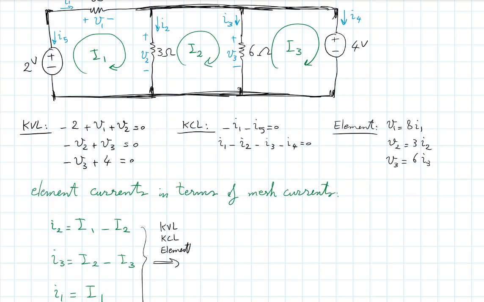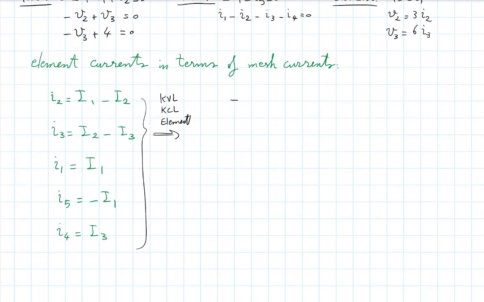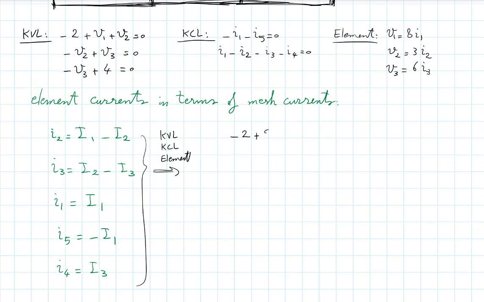So first KVL: minus 2 plus V1 plus V2. But V1 is 8 times little I1. So minus 2 plus 8 times little I1, and little I1, in this case, just happened to be the same as big I1, plus V2, which is 3I2, and I2 happens to be big I1 minus big I2. So that equals 0. The next KVL, minus V2, which is minus 3I2, I2 being I1 minus I2,